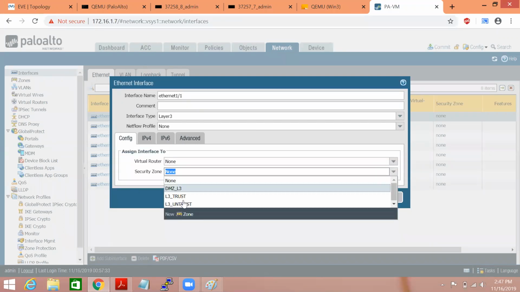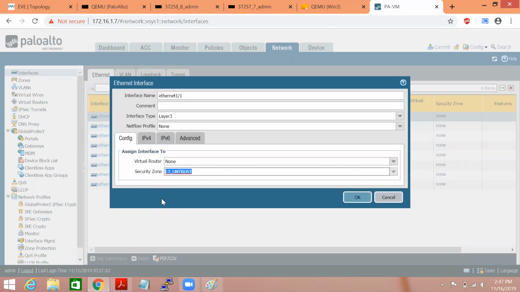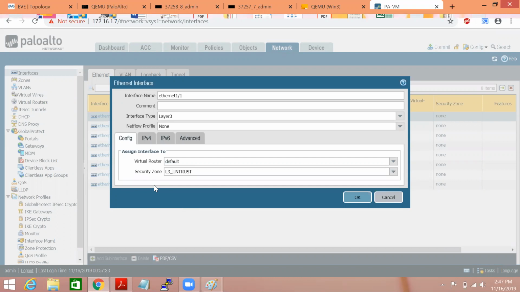It is asking in which zone you are trying to place this interface. 1/1 is basically part of my L3 untrust, so we'll select this. And virtual router is basically about the routing table. The default routing table on Palo Alto has the name default, so you just have to click default.